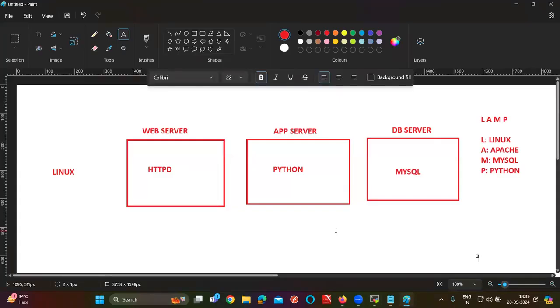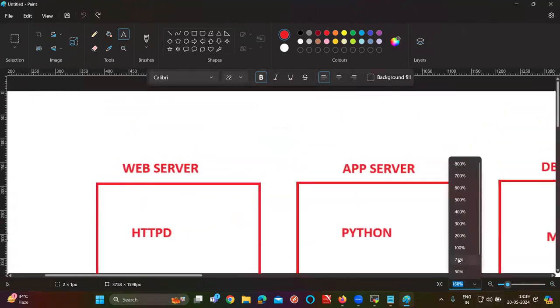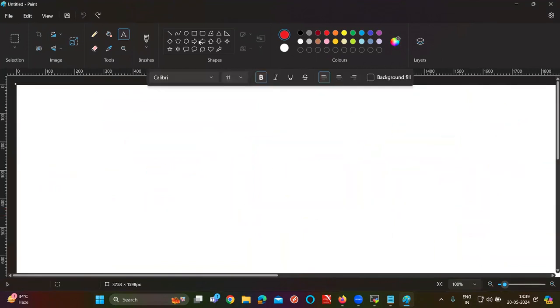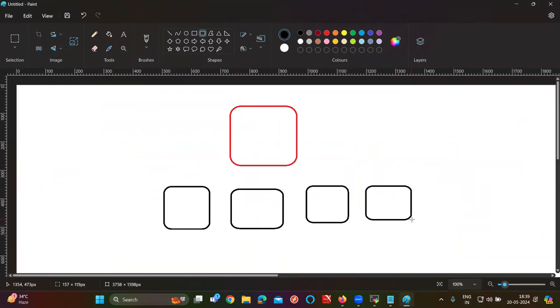For example, see how many servers you are having here. Previously I had a 3D architecture. So this is my Ansible main node, and the following will be the 4 of my worker nodes: 1, 2, 3, 4. Imagine you are having 4 worker nodes, but in real time, there are some hundreds of